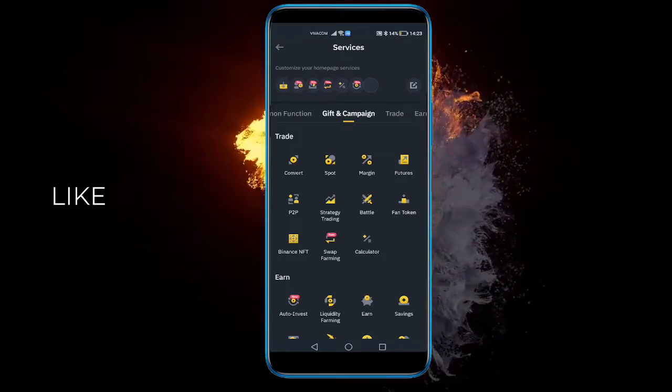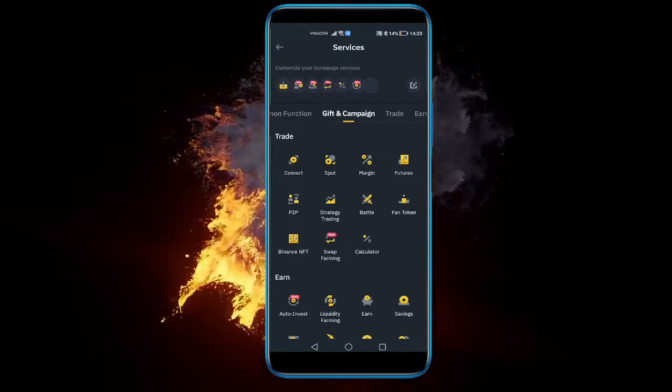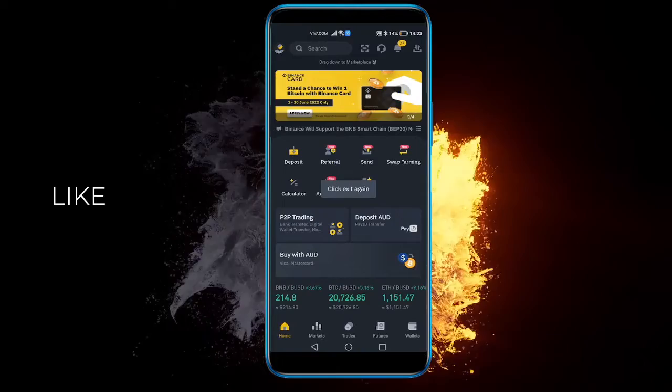Hey there everyone, in this video I'm going to be showing you how to use the Binance Calculator for shorts